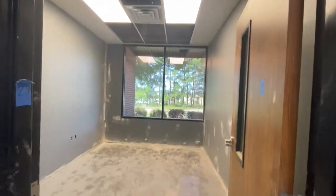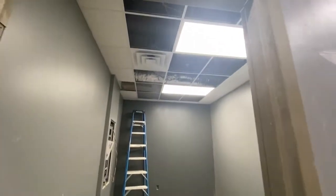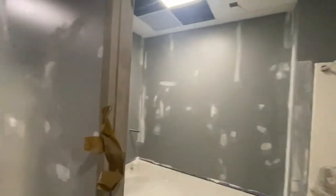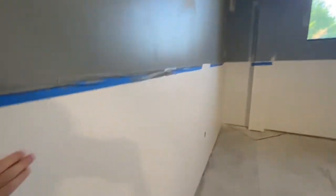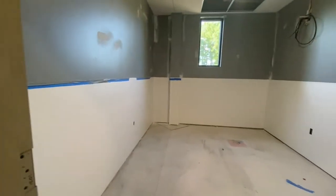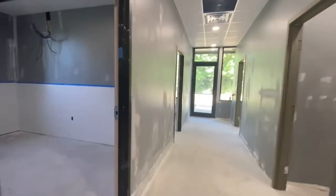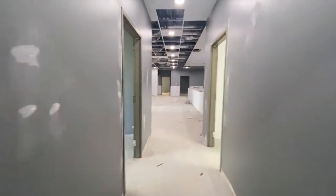The panels on the ceiling are still open, and that'll be one of the last things the crew does before we get our CO, which is the certificate of occupancy, so that the fire marshals and everyone can see the wiring and the plumb lines and all of that to give us a, quote, clean bill of health. All of the FRP is installed, so that's, I'm going to mess this up again. It's like fiberglass, da-da-da. The fiberglass is laid in. We already saw this, but now that the lights are on, any of the rooms that are going to be